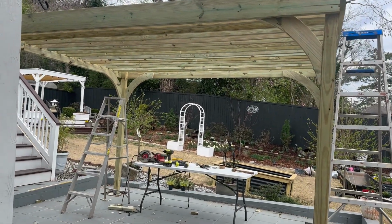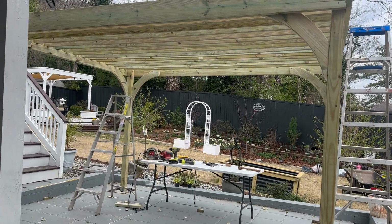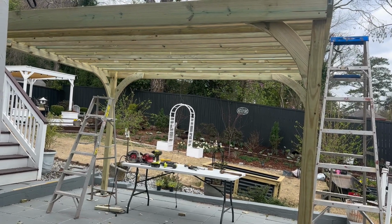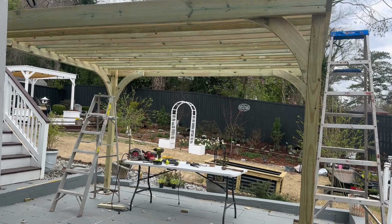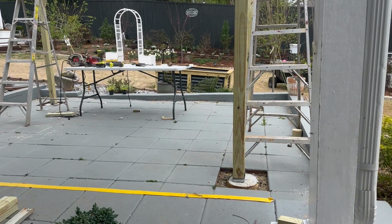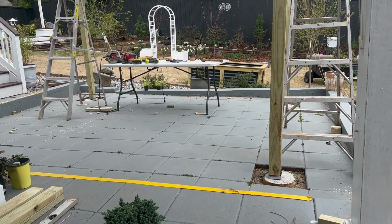Right, so he has the top layer finished, the support arches up. He's actually in the garage cutting down the second layer that goes on top of the pergola. And then the last part that he has to do is fill in the concrete where the 4 posts are to have it leveled off, and then I'll be able